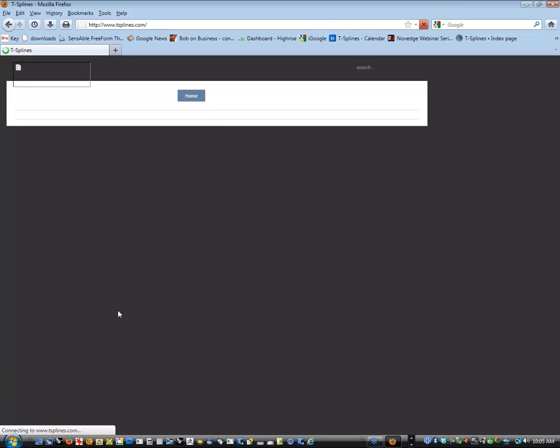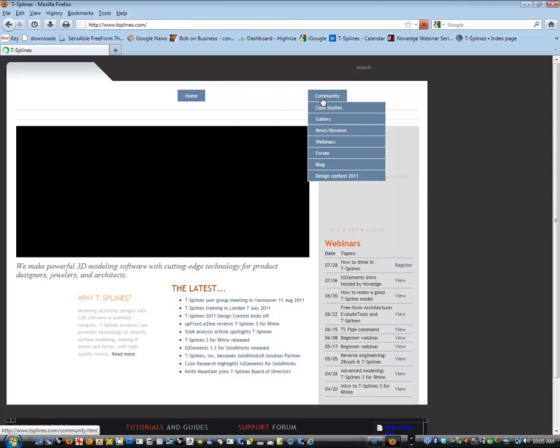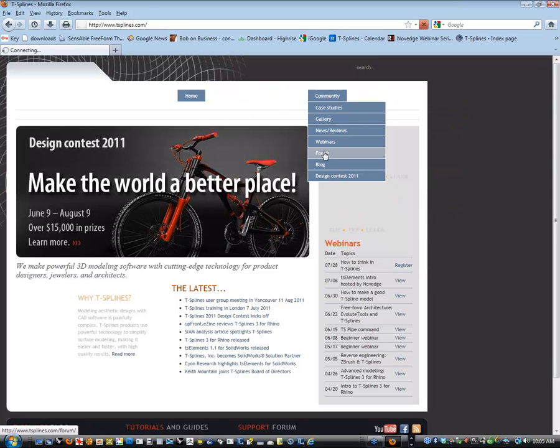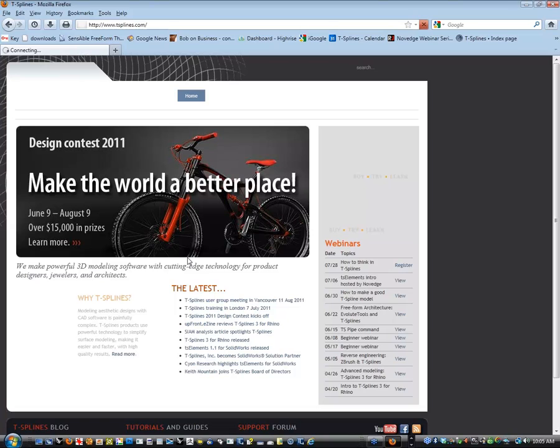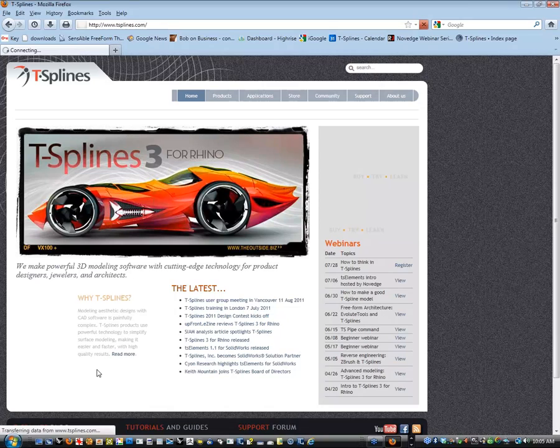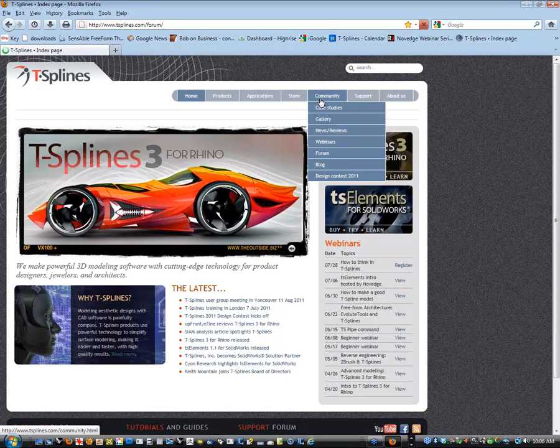So if you just go to the T-Splines forum, and then go to T-Splines for Rhino tutorials. Here's just a couple models that a lot of us internally are just going to take a stab at. To be honest, there's a reason why we have Kyle do these webinars. We're not very good at modeling, so I don't know that we'll get super good models out of here. But if you'd like to play with this as well,